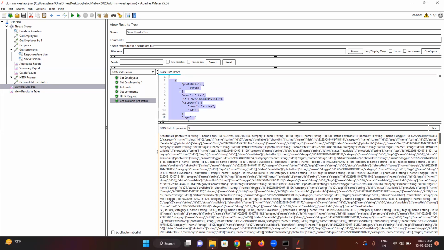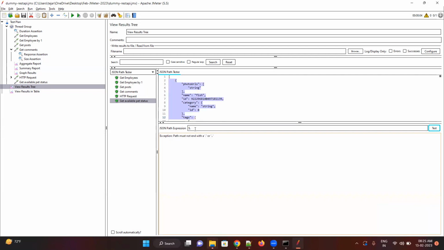Okay, dot nothing but one child element. You can say one child. If we do test, it won't work because dollar dot is not expected. Okay, so now let's do give you